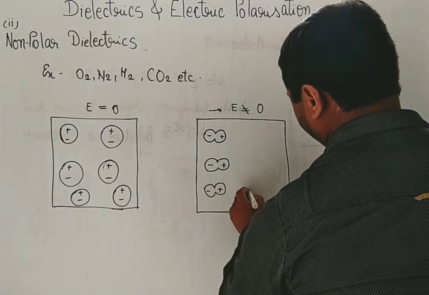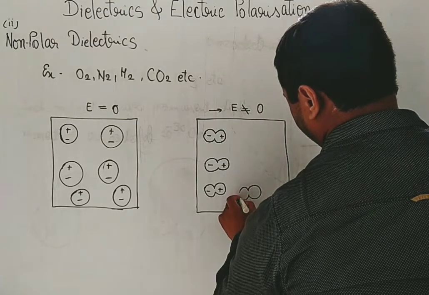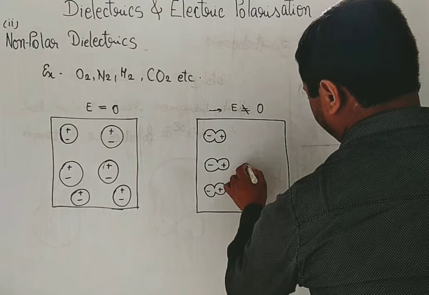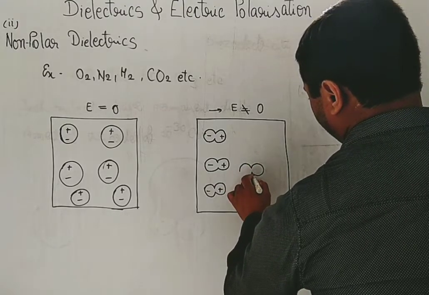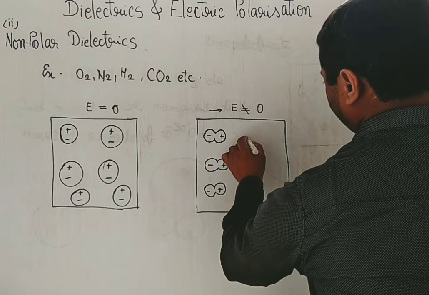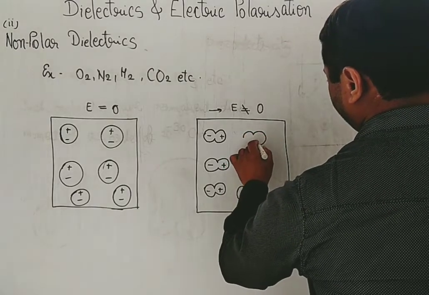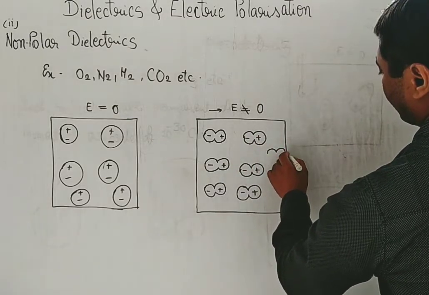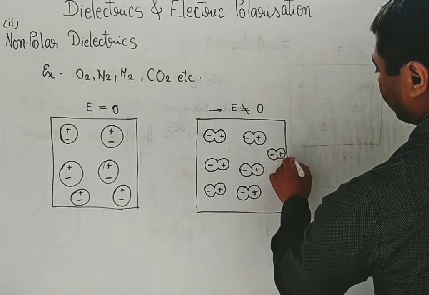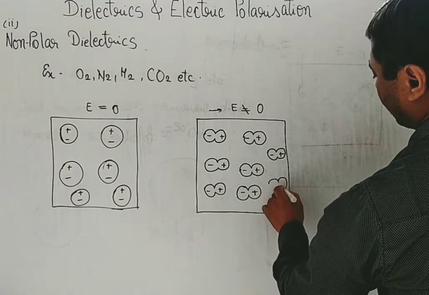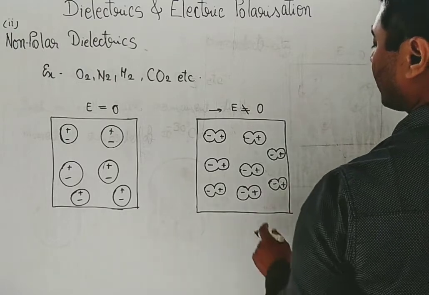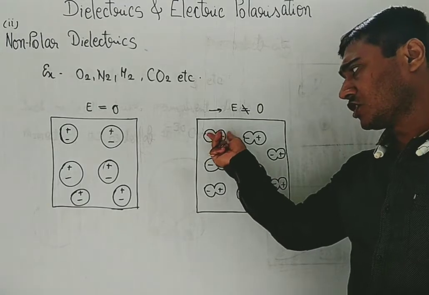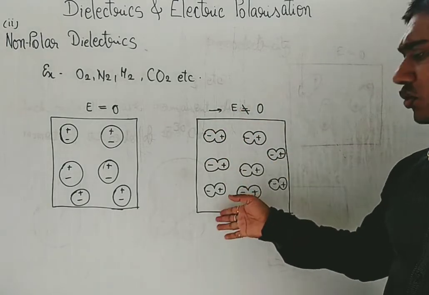So this way the specimen looks like negative, positive. Here also we have negative, positive, and so on. So this way the net electric dipole moment of the molecule as well as this specimen as a whole is seen